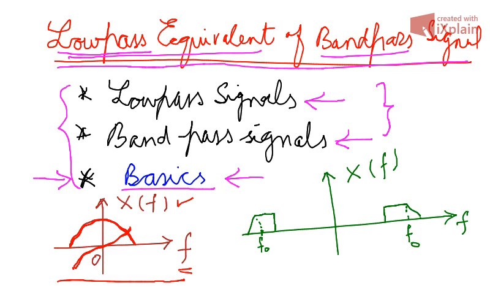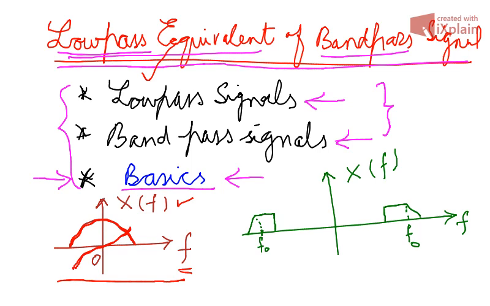You are familiar with the amplitude spectrum and phase spectrum from your undergraduate course. I'm just recalling it to understand our today's topic, which is to find out the low pass